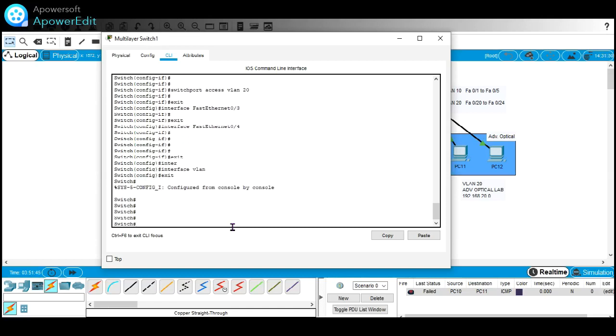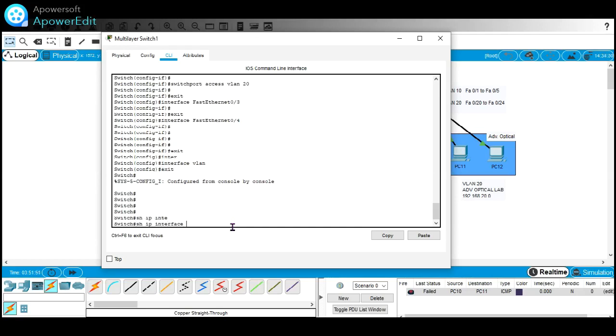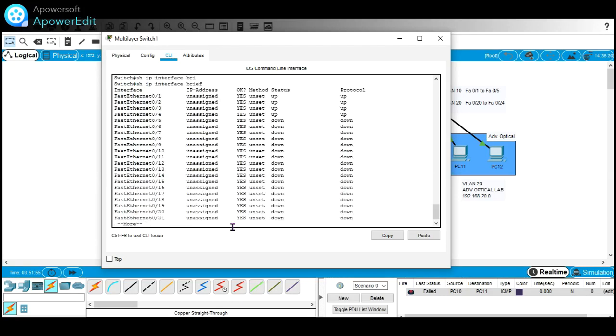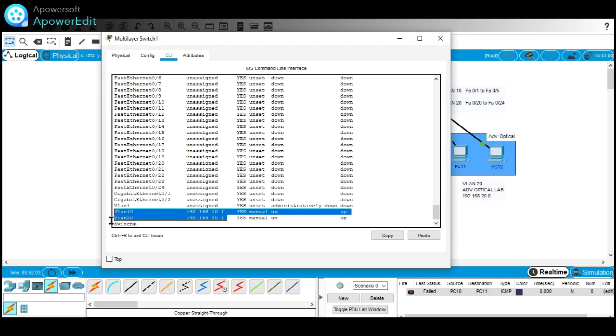So for checking it, we will see show IP interface brief, and okay, here we can find out that these two VLANs already having the IP address, so we need not to define IP address.